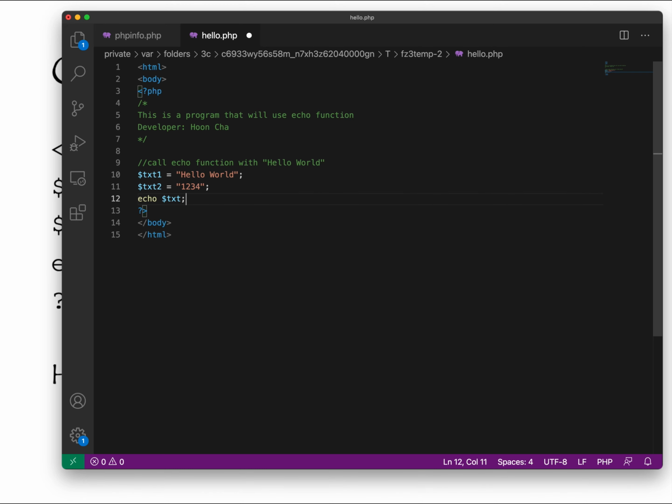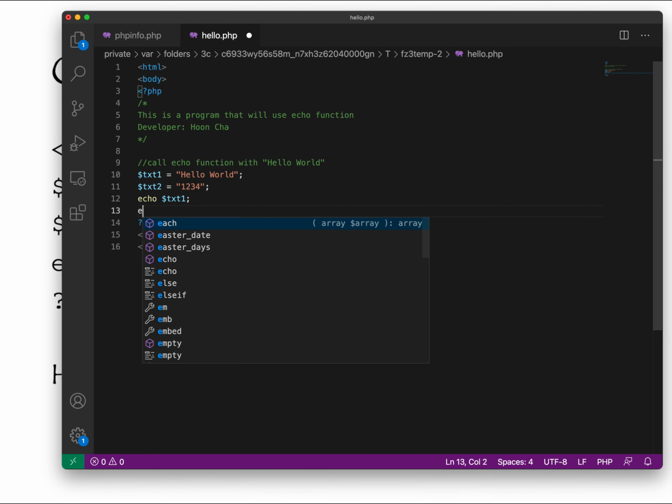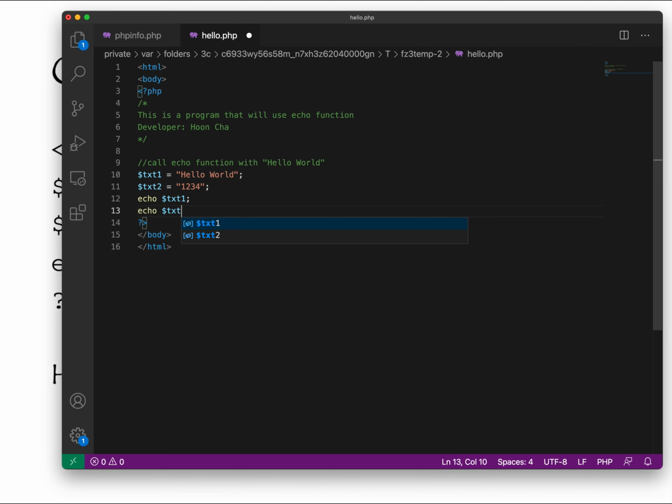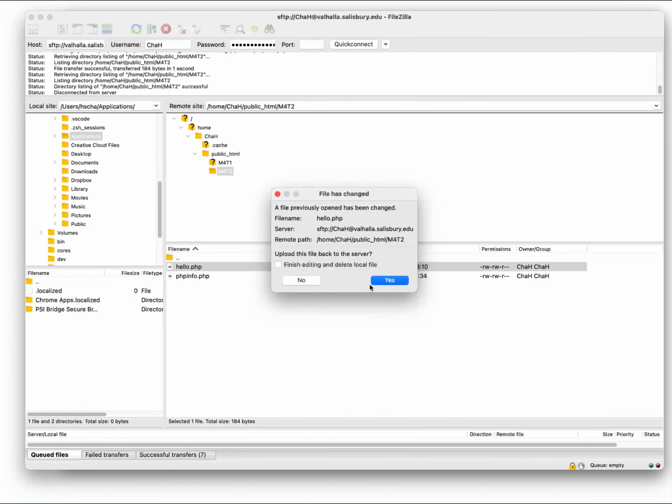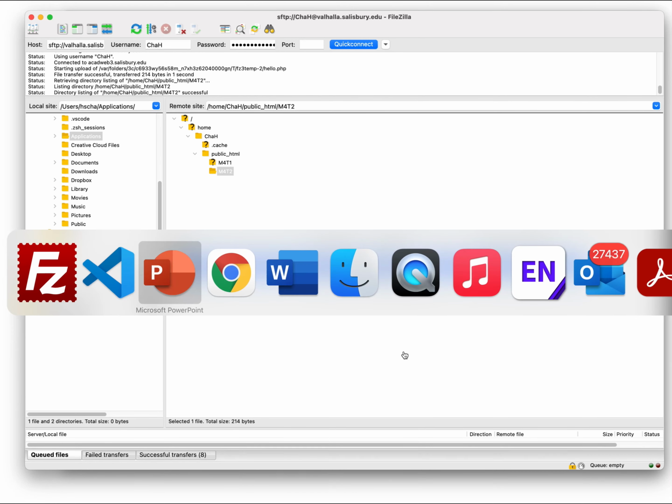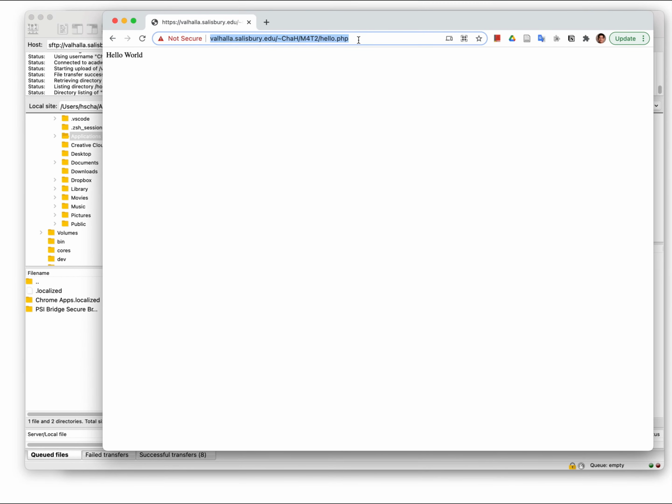Here I want to echo txt1, and then I can echo txt2 as well. Let's start with these two separate lines of echo code and check the result. I will save it, upload it, and let's refresh it. Now you can see the result, hello world 1, 2, 3, 4, but